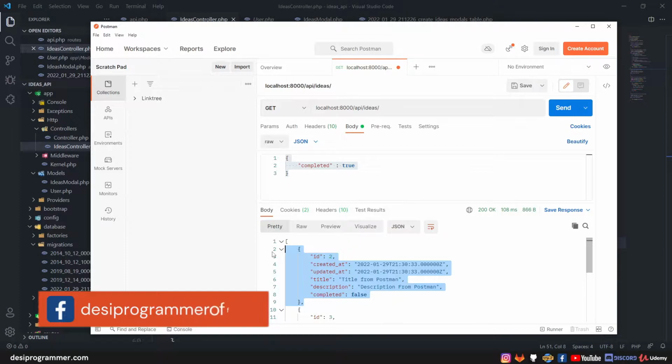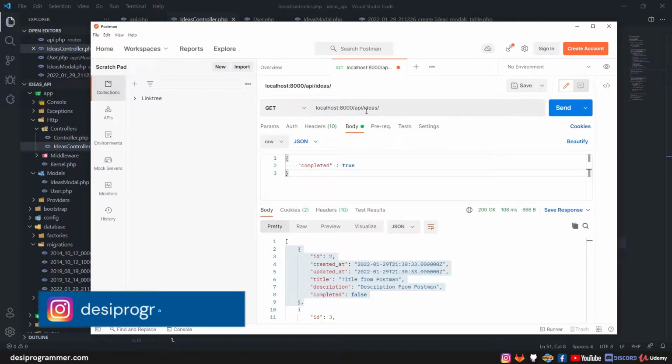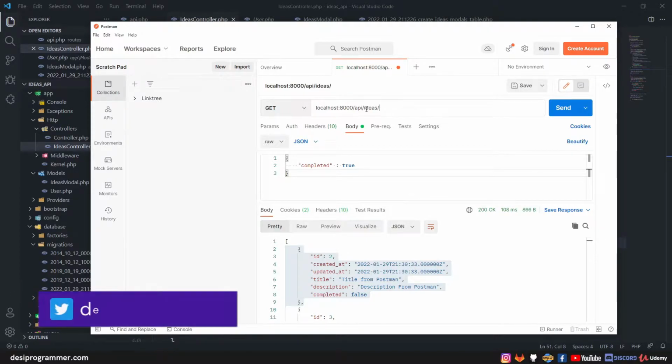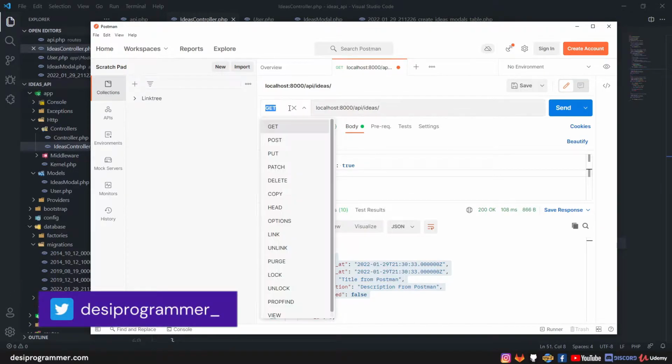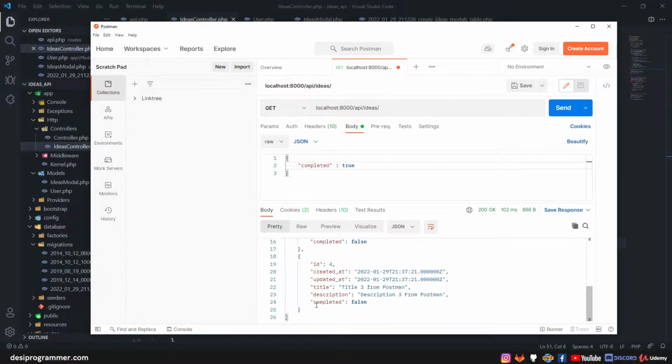This one is all about a simple CRUD API. So obviously, as the term itself suggests, it's an ideas API. So you will get all the ideas. You can add an idea, you can delete an idea, and you can update an idea. So that's what we have here. We are going to use get, post, put, and delete for doing that. So that's what we are going to do in this one single video itself. So let's dive right deep into it, and let's get started with Laravel models, and we'll talk about ORM and